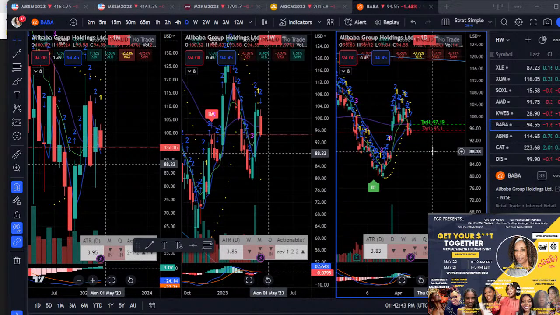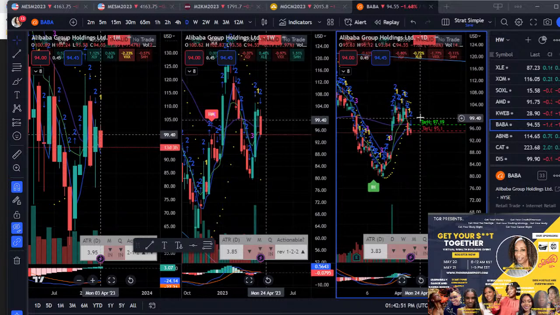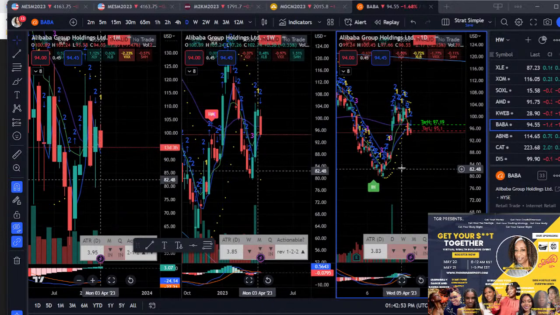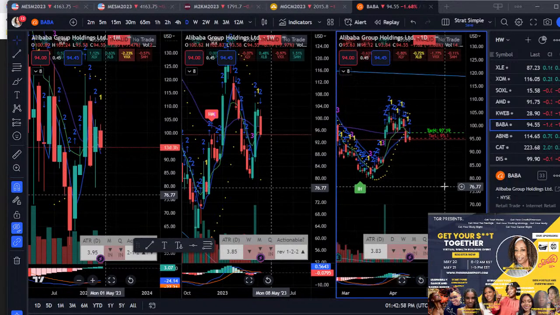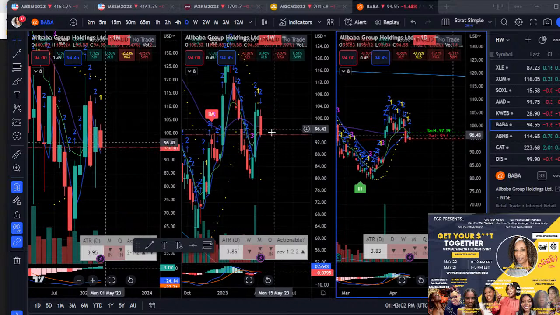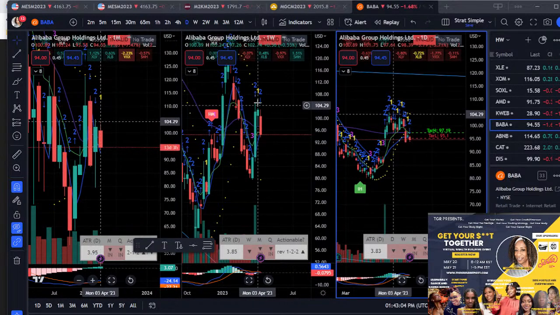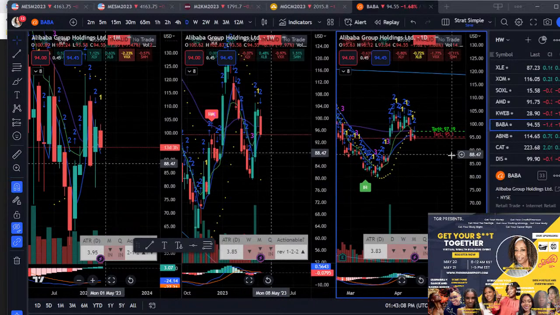I think it was the AI news that it had. That would be my first target to the downside if it does continue. You see with that AI news, it broke above the 200, but it did fall right back below. So keeping that in mind, it's not really looking too hot for BABA. Again, it would have to find some strong strength and possibly TheStrat on the week to go anywhere. But yeah,